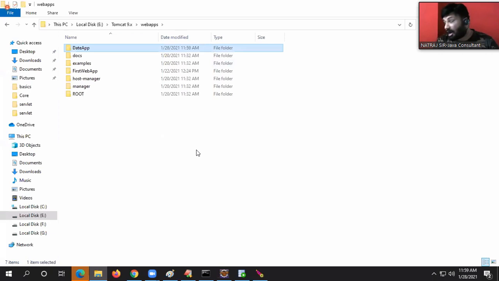Or if you are that much intelligent, you can directly start creating the deployment directory structure in the web apps folder itself. But the problem is if 2 or 3 people are using the same machine, when you want to see the server in stopped mode, someone wants to see it in running mode. So that's why it is better to take a separate Tomcat on all machines. It is very lightweight software, 25 MB, 21 MB is coming, not more than that.